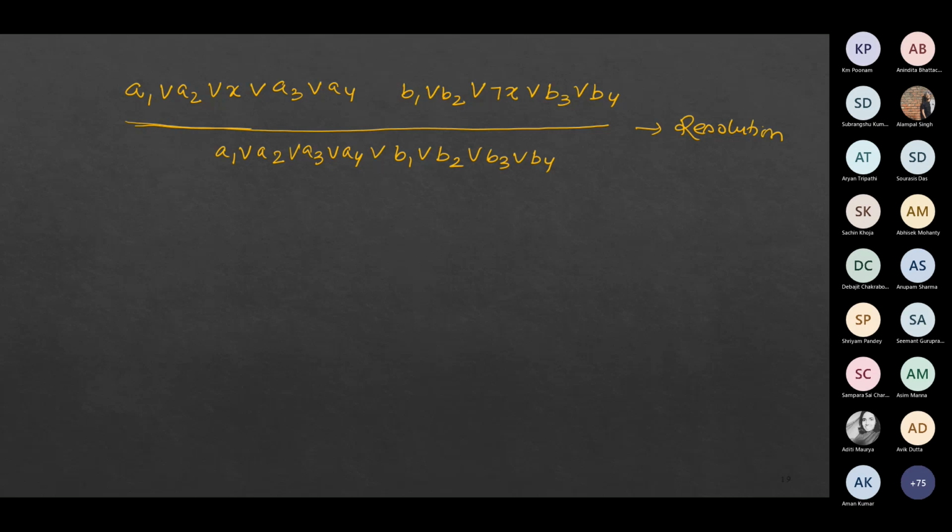So let's say we have a Boolean variable P. So P is a